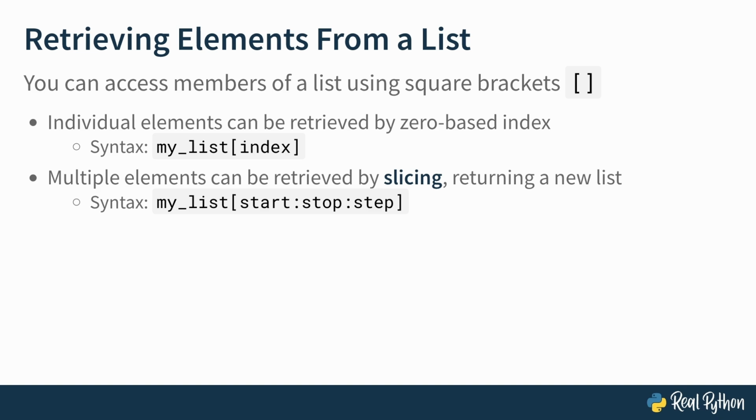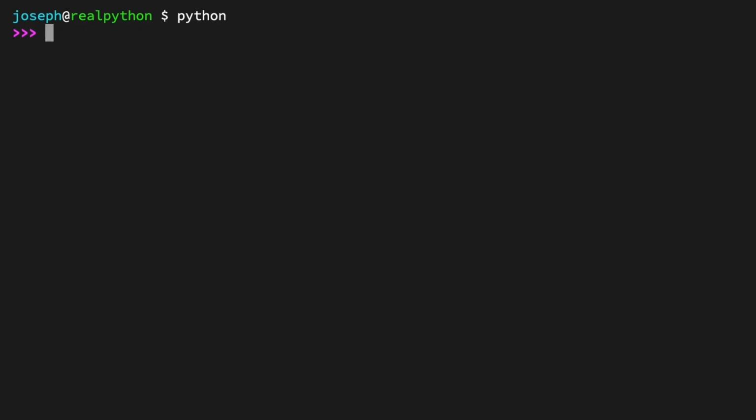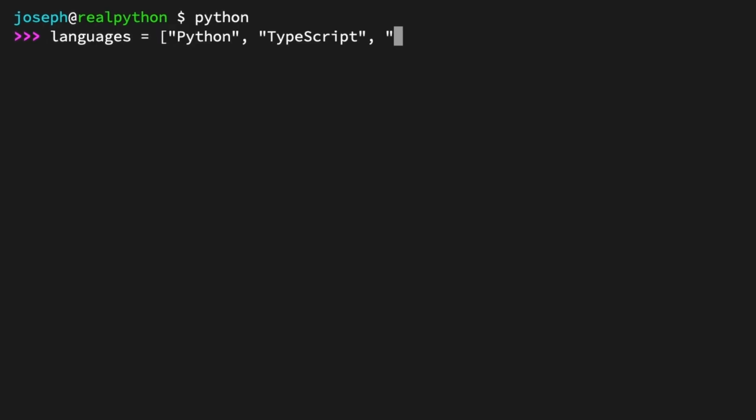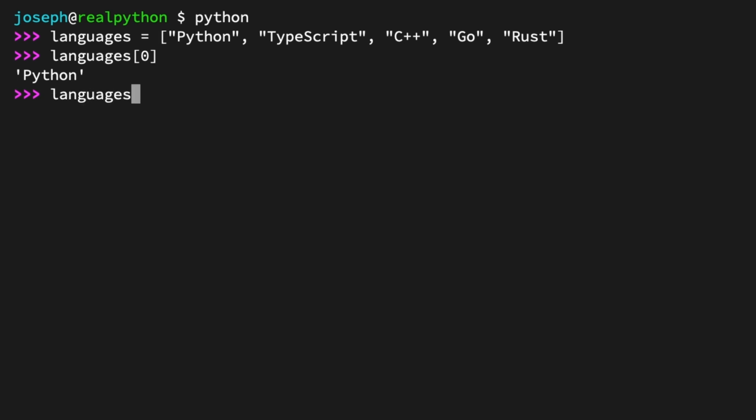Now let's practice in the REPL. Start by creating a list of 5 strings. In this case, 5 popular programming languages. Languages equals a list of the strings Python, TypeScript, C++, Go, and Rust. Using square brackets, access the item at index 0, and languages at index 0 gives us the first element, Python. To go to the other end of the list, try languages at index 4, which gives us the 5th element,